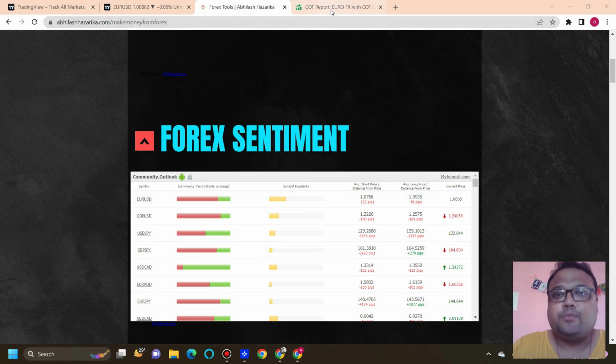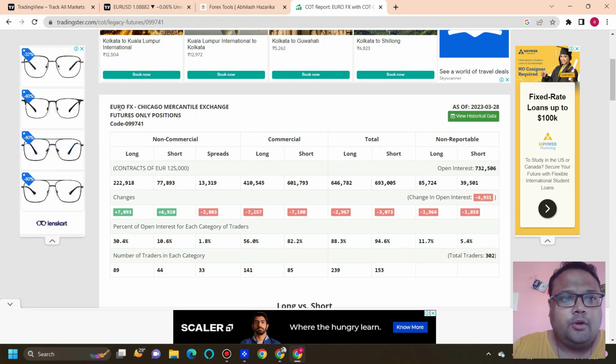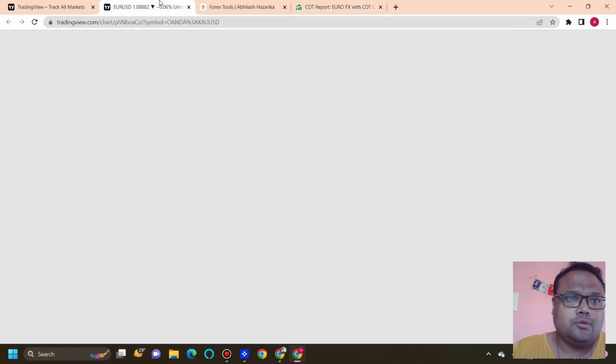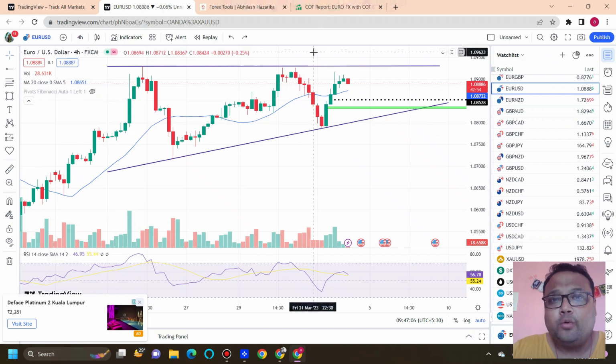And if you look at the COT data of euro FX, Chicago Mercantile Exchange, you can see that non-commercial long positions are 2,22,918 contracts, whereas only 77,000 contracts on the short side. So if we consider the non-commercial positions, the big ones are also very much bullish right now. So overall I think the sentiment is bullish, so as a result we should be looking for buy positions